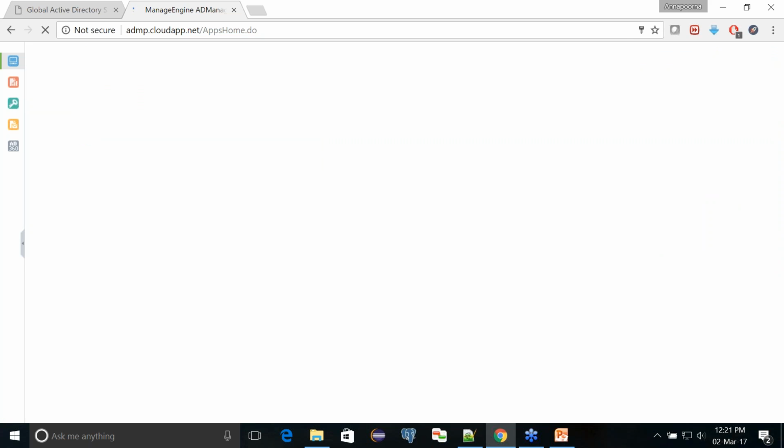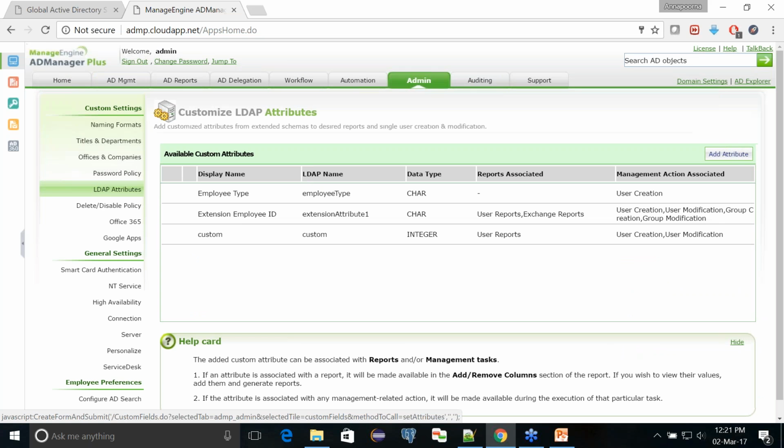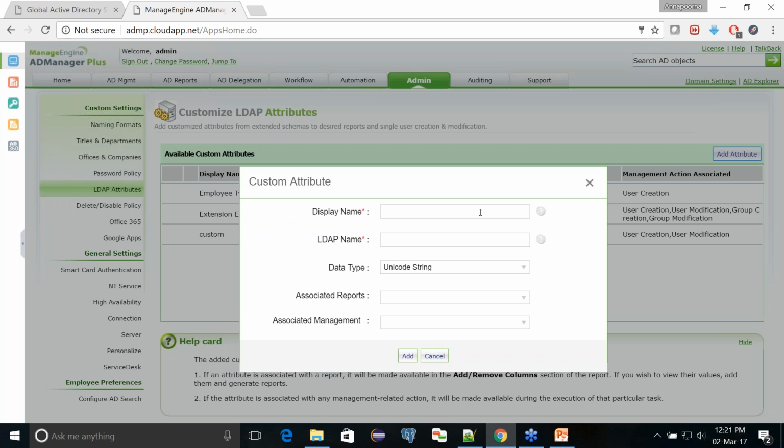Go to admin tab and then choose LDAP attributes. So this is where you can configure custom attributes for your domain. I have configured certain attributes over here. Now let me tell you how you can add a custom attribute here. Now let's say I have a custom attribute with the name employee type. So I'm going to type the display name for my attribute and the LDAP name,